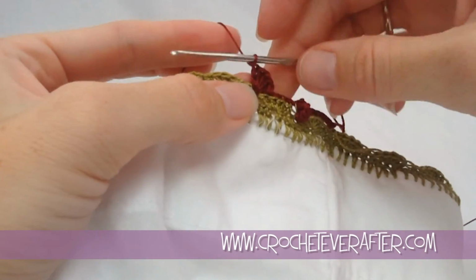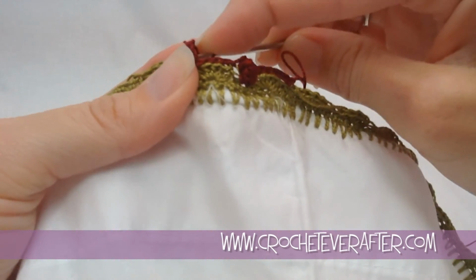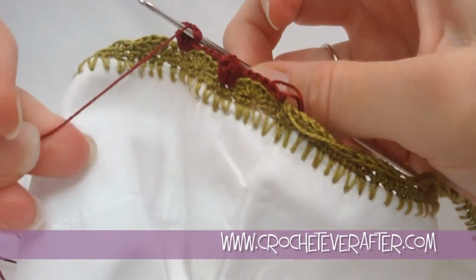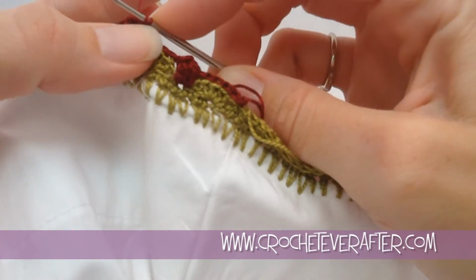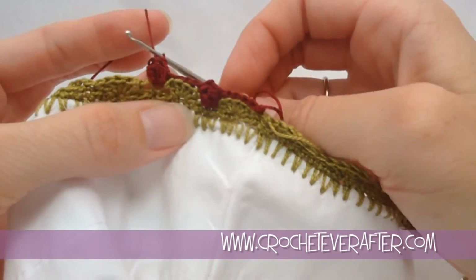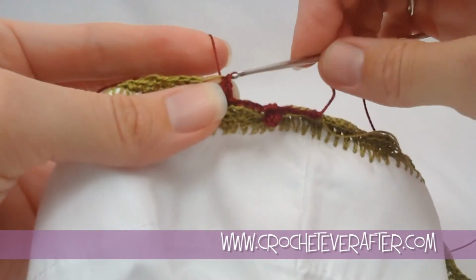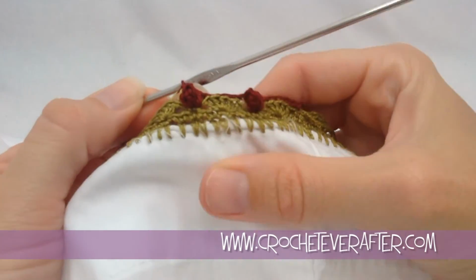And I just finished those 5 double crochets, and then I'm going to come back around to that first double crochet, slip stitch. So you just kind of come over the top of your flower and then bring it around, bring it through. I kind of hold on to this back loop so I don't lose it as I'm pulling through that loop. Then I just start going into the next one. So this is all we're doing all the way across, and I'm going to get these little kind of flower buds all the way